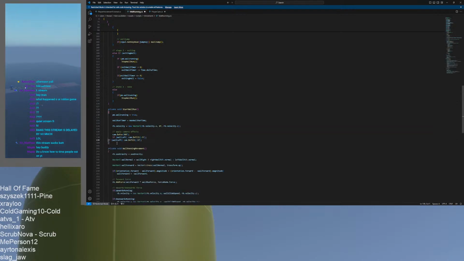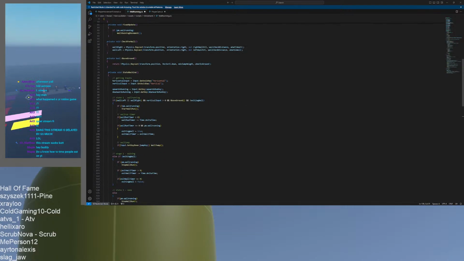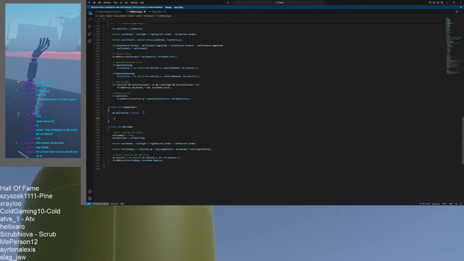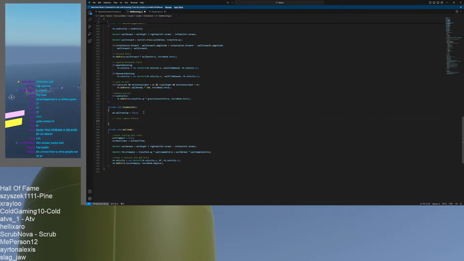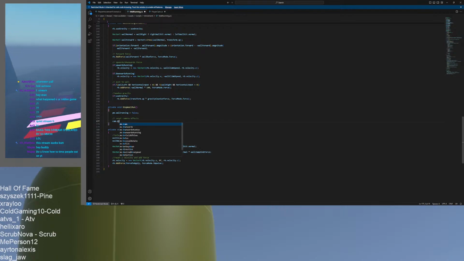And then let me guess. If wall right, we do normal 5f. I'm so smart. And don't forget to set them back to normal when you stop the wall run. Cam.Do